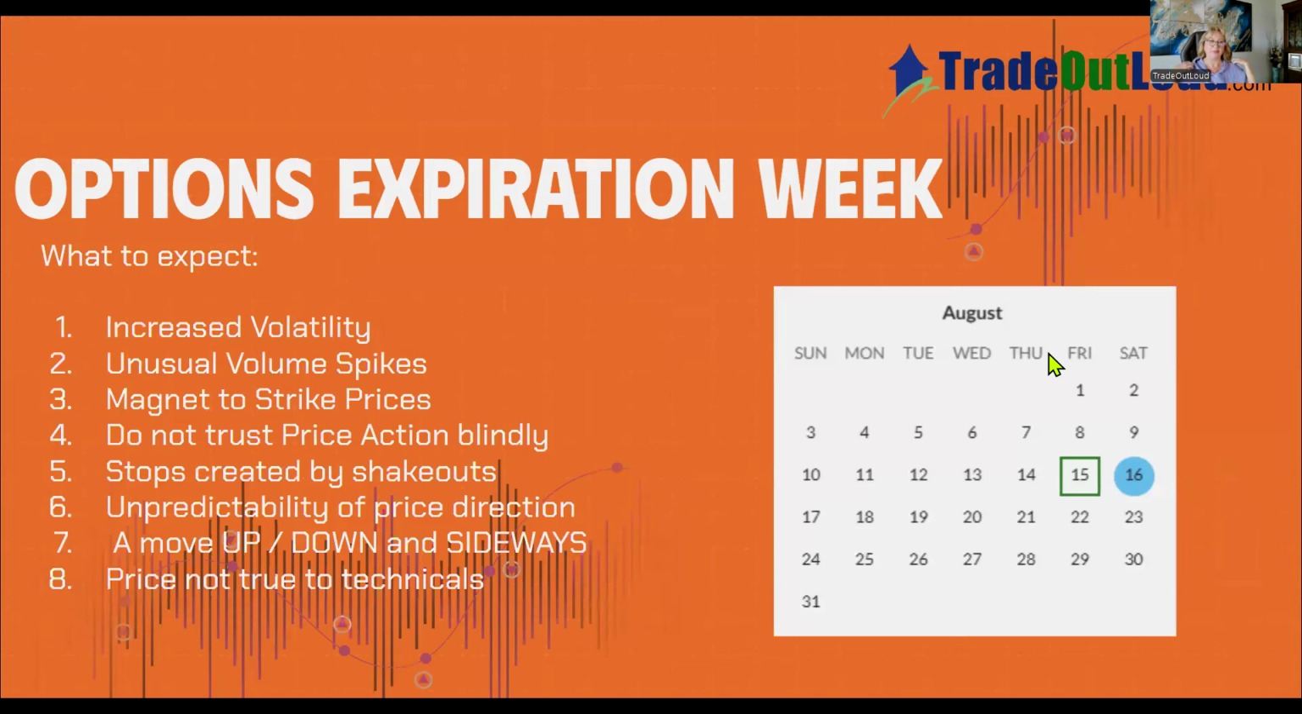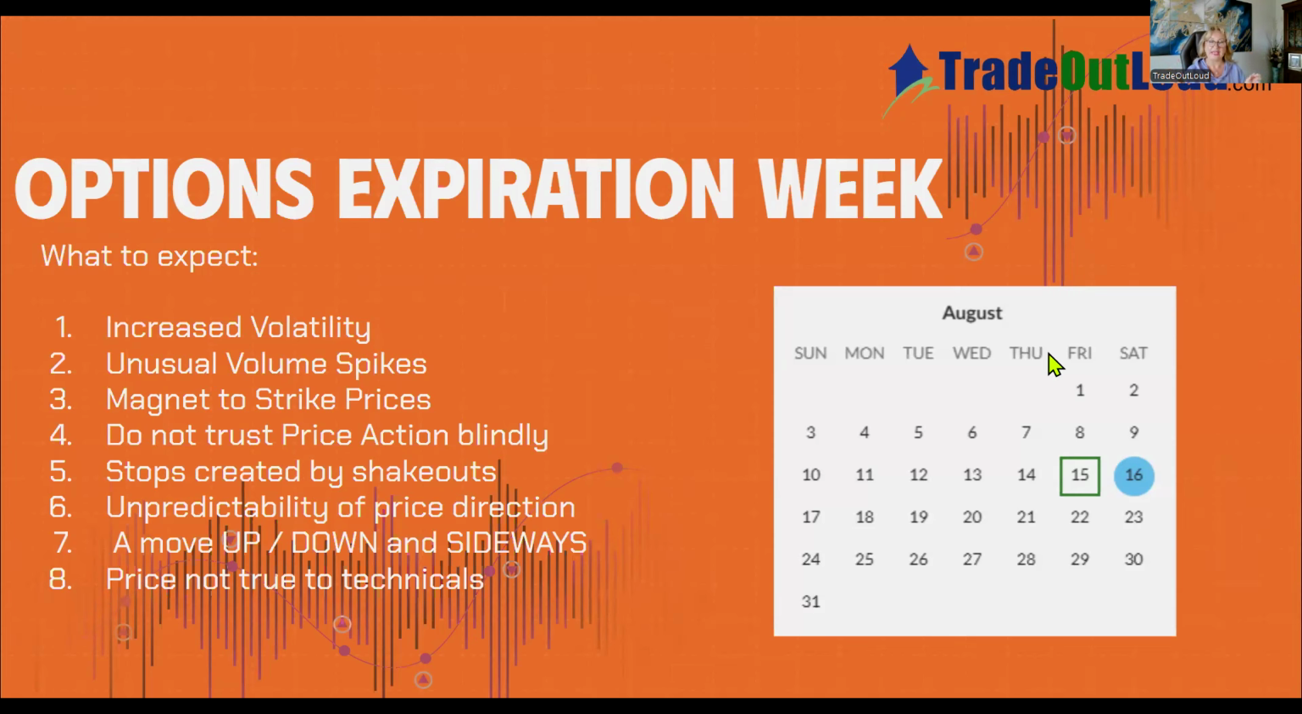Now keep in mind there's a big red flag this week. This is the option expiration week. So what to expect? Number one, increased volatility. This is a really big thing because you're going to get whipped around a lot. You're going to get unusual volume spikes. So look at those smaller time frames because if you're going to have like crazy price action,